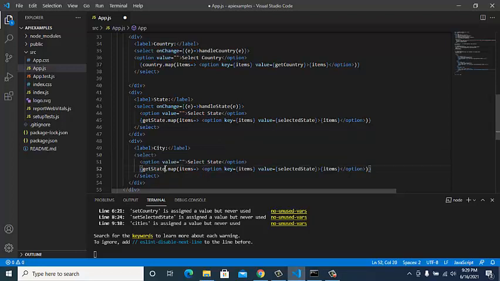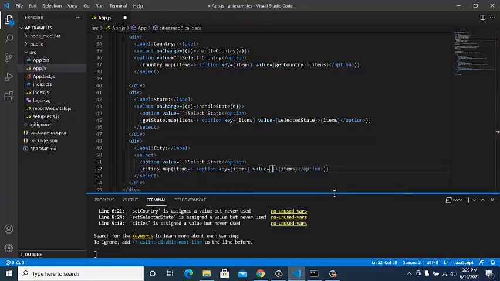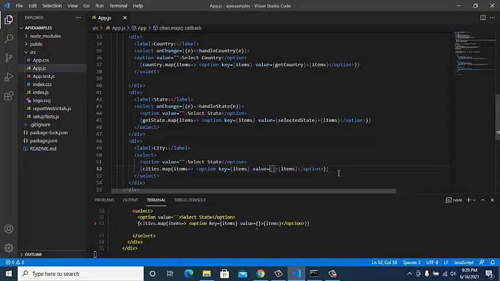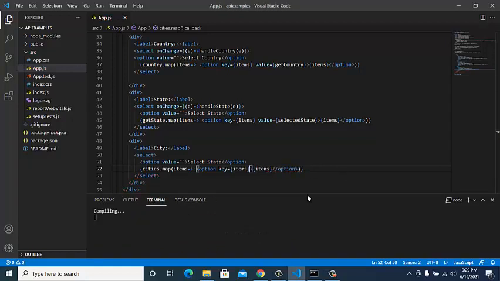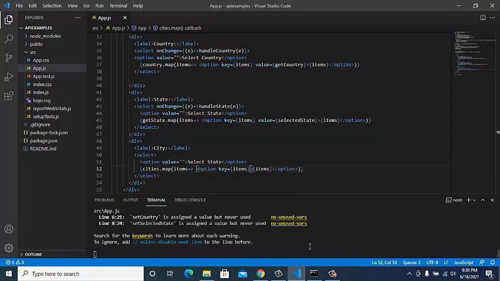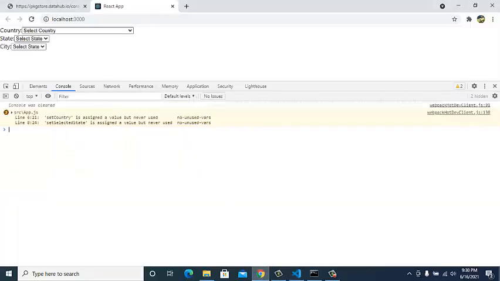That's why we are not taking that. And here it will be cities.map, we have items and we set the key as items. If you want to control this value, you could put a selected city. Now I'll just remove this, because we don't have anything else.